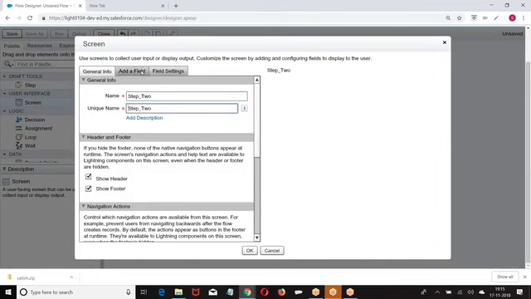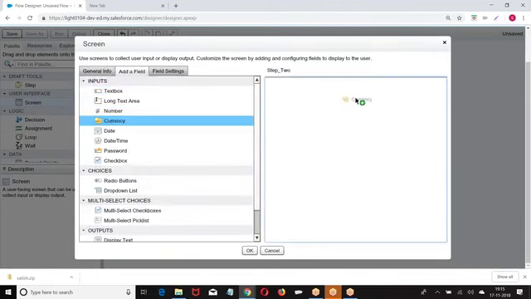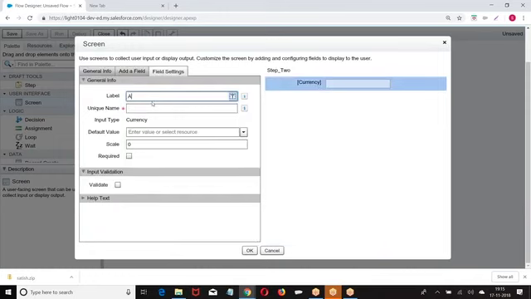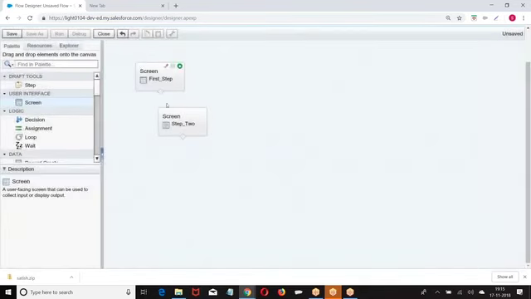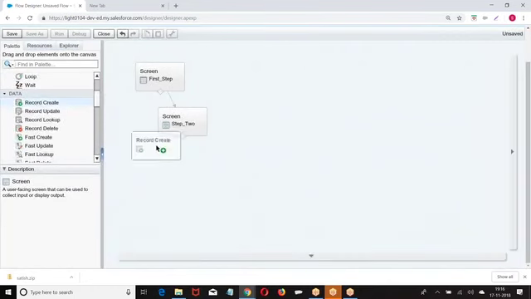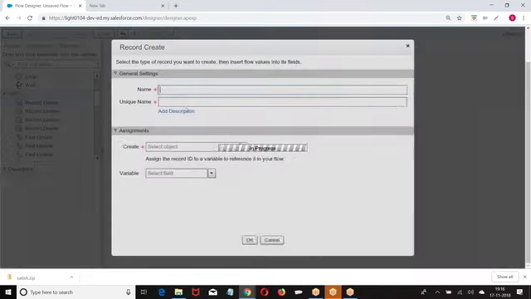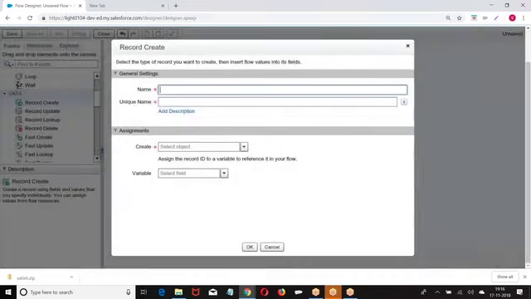Step 2. Then record create. Create account.